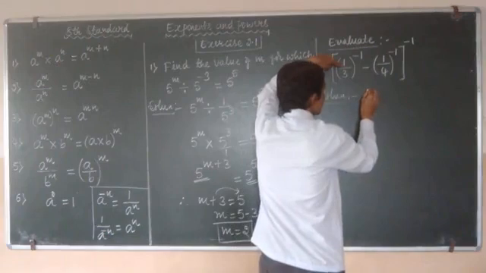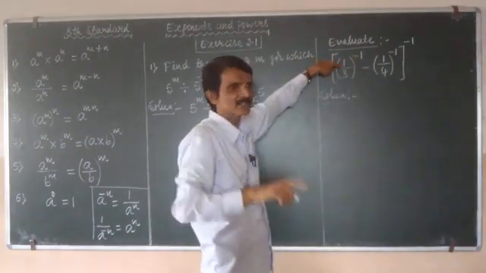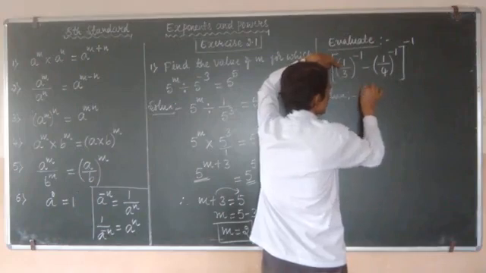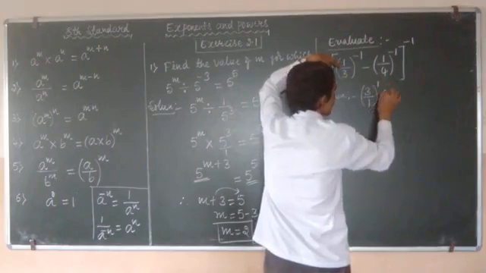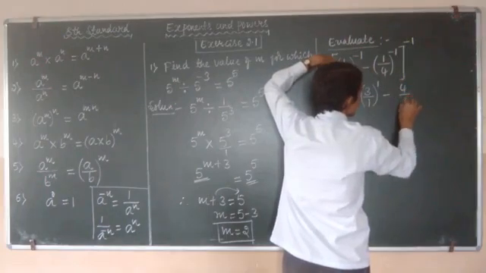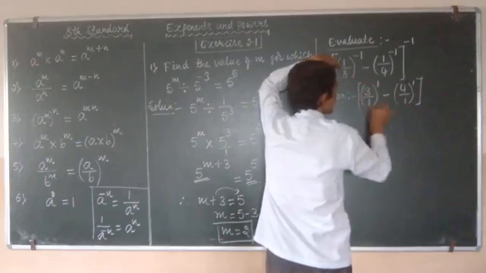If you reciprocate, or reverse the numerator to the denominator and denominator to the numerator, it will be 3 by 1 whole to the power of 1 minus. So this can be written as 4 by 1 whole to the power of 1, to the power of minus